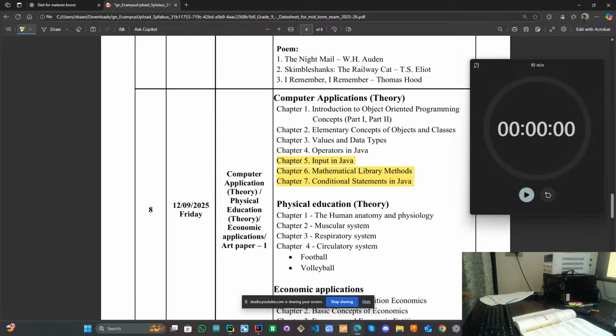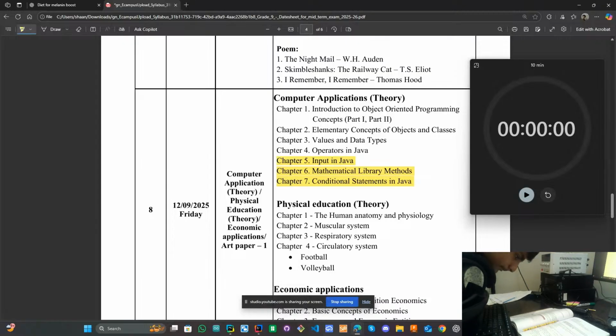Arithmetical operations, calculations: multiply, divide, subtract, add, and modulus, but that's in binary, okay? Mathematical,